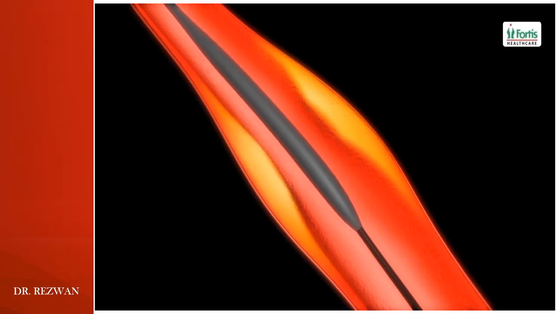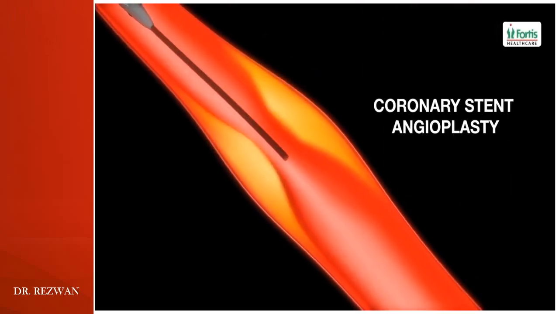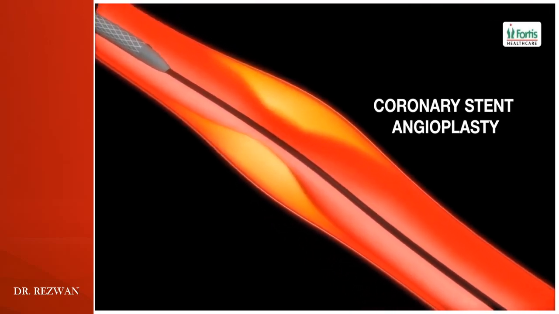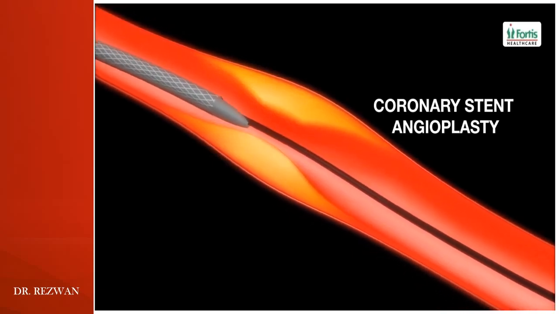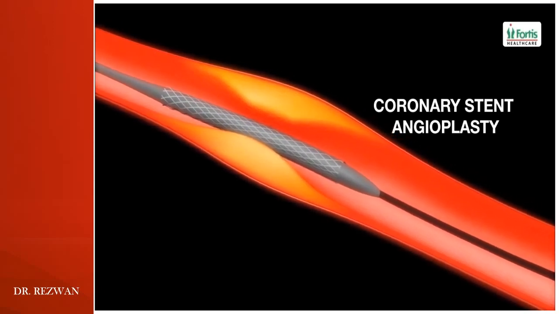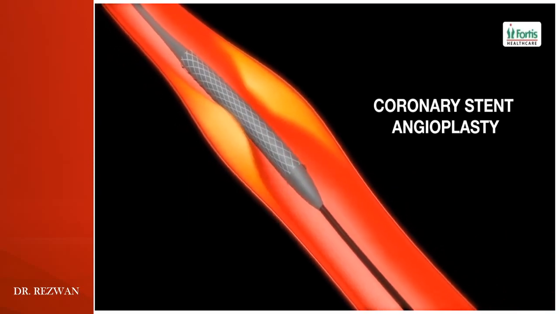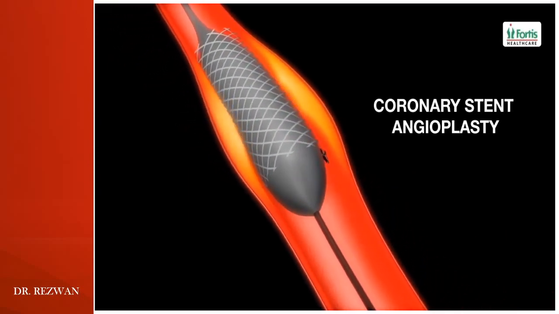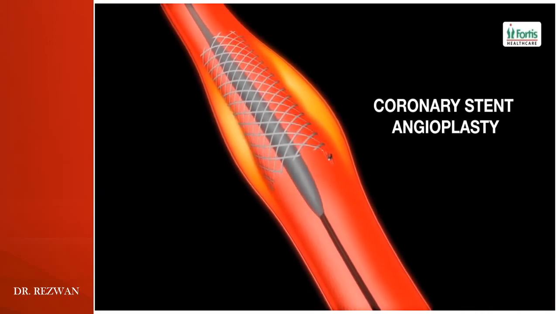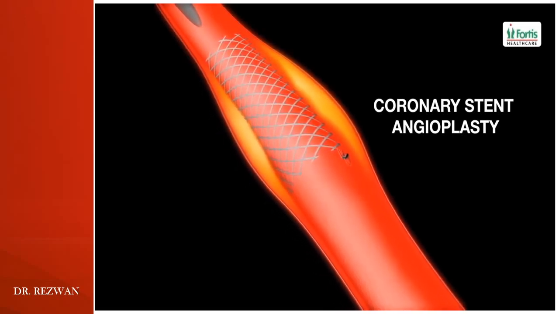The same treatment procedure is repeated in the case of multiple blockages. Most patients may also receive a coronary stent, which is a small tube made of wire mesh designed to keep the artery open once it has been treated. A collapsed stent is placed over the deflated balloon catheter as it is inserted into position. When the balloon is inflated, the stent expands and locks itself into place. The deflated balloon and catheter are withdrawn, leaving the stent behind to hold the artery open permanently.